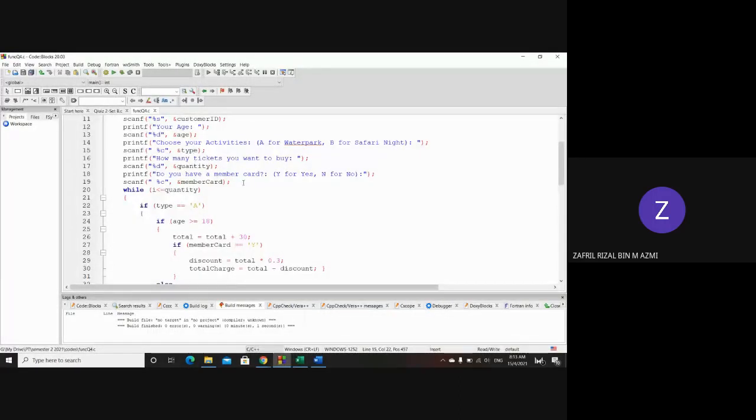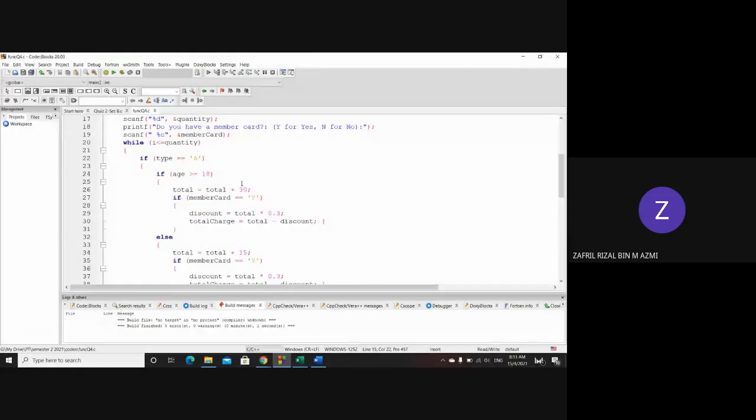Okay, so the first function is about discount calculation. Let's say you take the minimum requirement. You take just this statement over here and put it in our function. So the first step to create a user defined function is to identify the statement that you want to move to the function definition. Okay, cut the statement